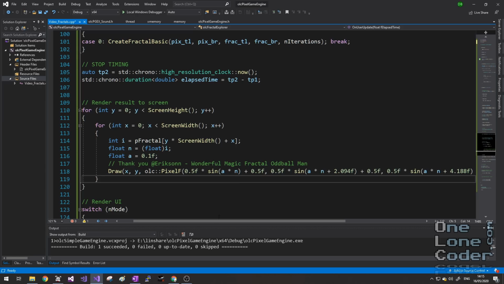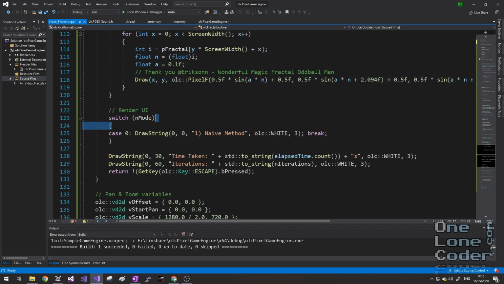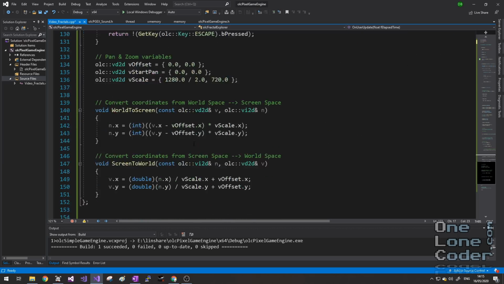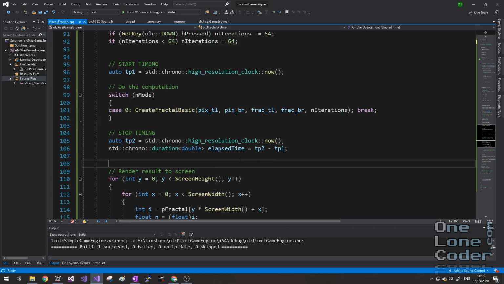So thank you, Ericsson. Once we've drawn the fractal, I'm then going to render some information about how long it took and how many iterations, and the rest of the class just contains these world-to-screen and screen-to-world functions, which handle the panning and zooming. There are two reasons I'm not using frames per second as a performance metric. Firstly, I'm uninterested in how well the Pixel game engine is performing in this task. I really just want to time how long it takes to generate that array of iterations to tell me what